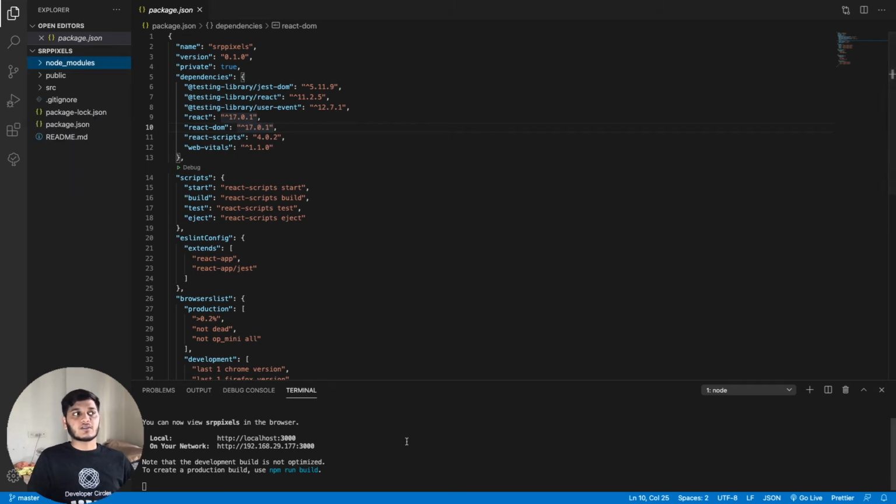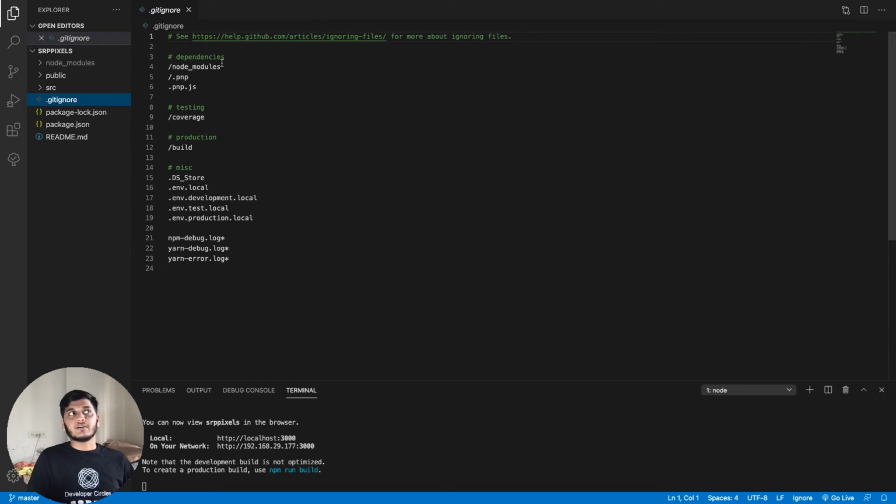You can install all the modules by just entering npm install, and it will check the package.json file and install all the required libraries. Then there is .gitignore, to ignore the node_modules folder, env files and all that.